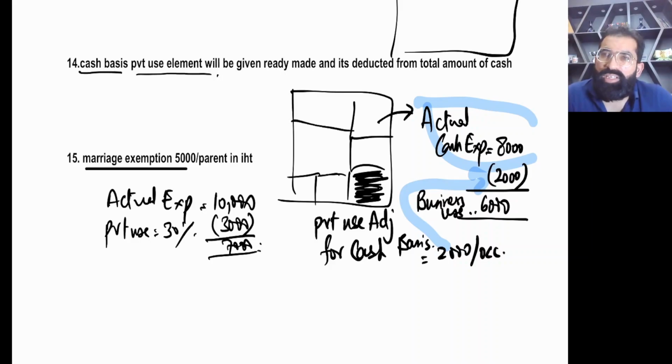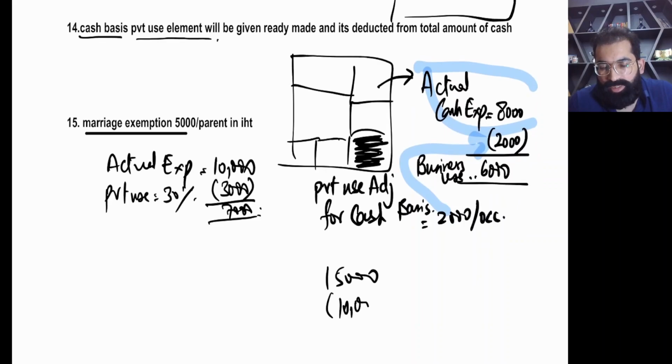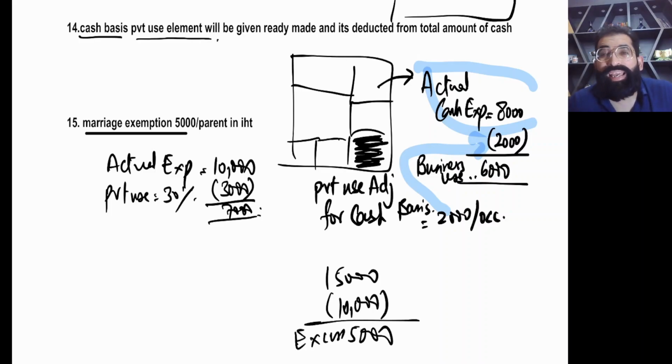Okay. So if husband and wife are gifting like 15,000 on the marriage occasion, then out of this 15,000, a total of 10,000 marriage exemption will be deducted: 5,000 for husband, 5,000 for wife. Now the excess is 5,000. With the excess we need to deduct the annual exemption. And yes, for husband a separate annual exemption is available, for wife a separate annual exemption is available, right? Okay. So be careful with this thing as well.